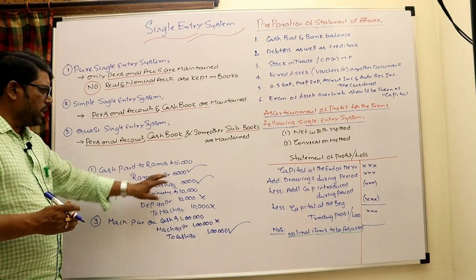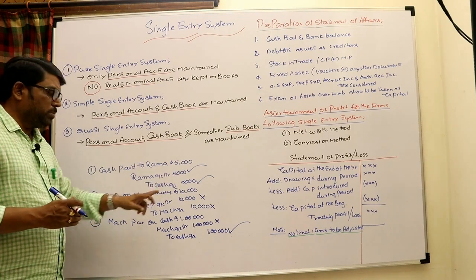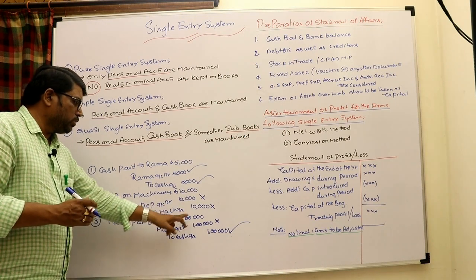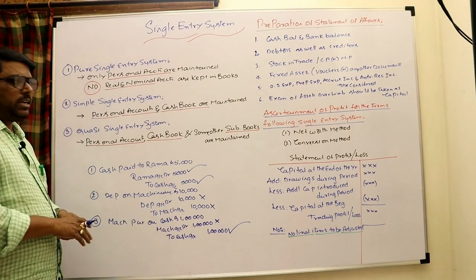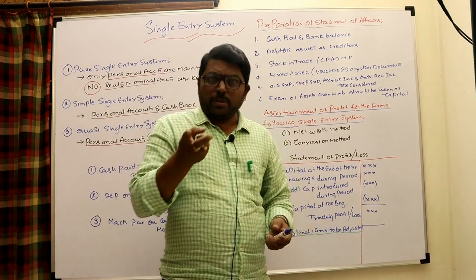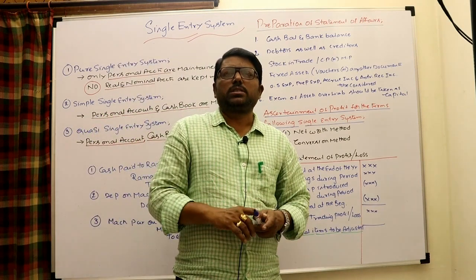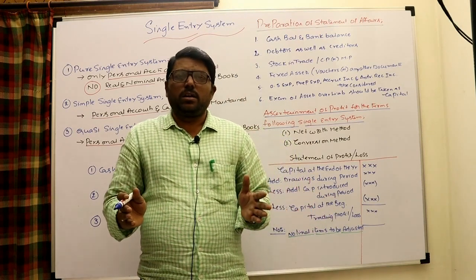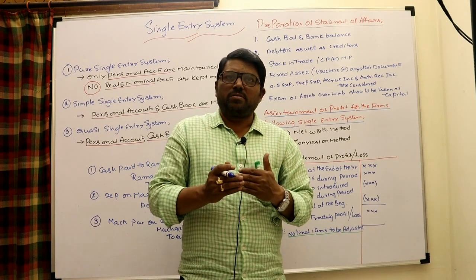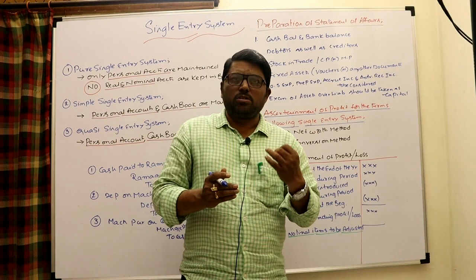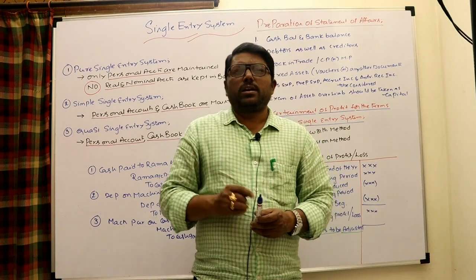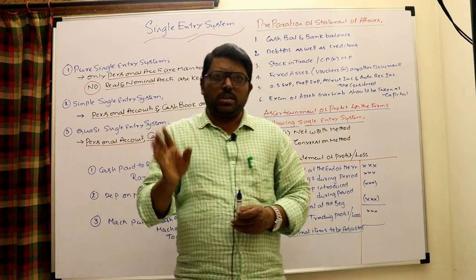You can take all the examples. Cash paid to Rama, Rama to cash: both are recorded. Depreciation on machinery, depreciation to machinery: both are ignored. Machinery bought on cash, machinery to cash: one is ignored, another is recorded. So it is a mixture of single entry, double entry and no entry. That is what we can simply define. Now the definition is very clear. Single entry means which is not a double entry system. When you want to define it in a better way, you can say it is a mixture of single entry, double entry, no entry, and give these examples. I said already, companies need to follow only the double entry pattern in a mandatory manner.